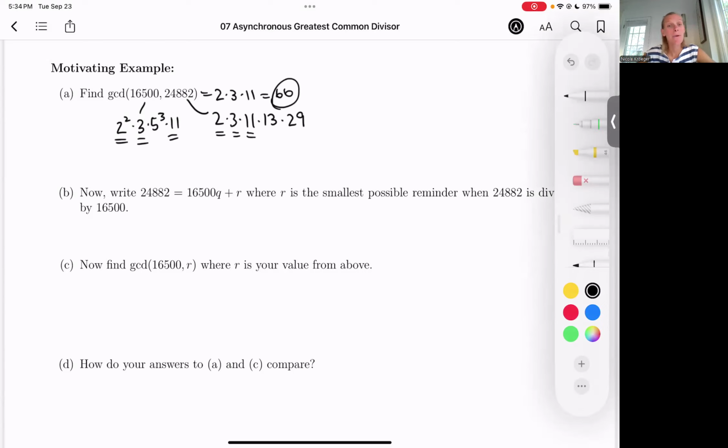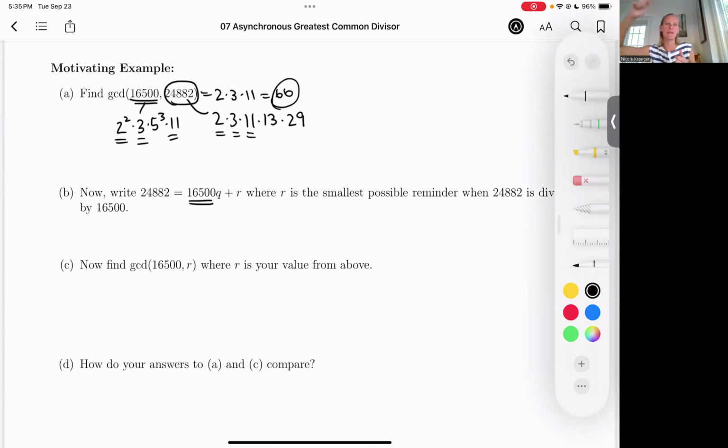Okay. So now we're going to do something that looks a little strange, but this is actually going to be the first step of the Euclidean algorithm. We don't have to worry about what the Euclidean algorithm is exactly yet, but I want us to talk about this so we can see why it's going to work when we get to class. So I want us to take the bigger of these two numbers, 24,882, and find the remainder when I divide it by the other number. So I want to write it as